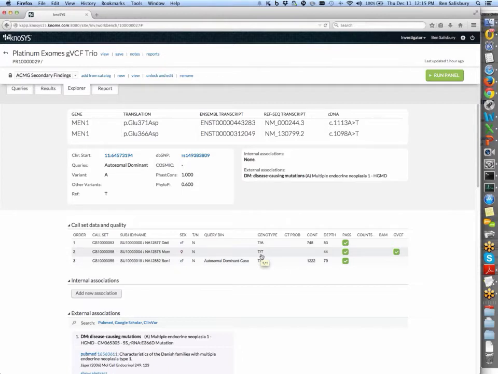An interesting thing I'd like to point out is that we have a reference homozygous variant here in the mother. In a traditional VCF file as our input, we wouldn't be able to see that. It would be just a set of question marks, because the standard VCF file only carries variants from the reference sequence. But by employing GVCFs, as we did here, the Gnosis was able to analyze the set of sequences and fill those in by going to the block compressed records in between variants, pointing out the minimum call depth in that region, and of course there's an indicator saying that that's where it came from.